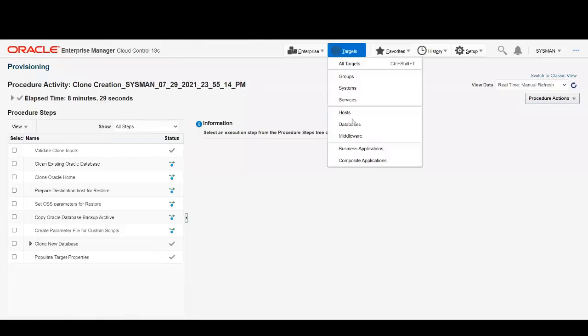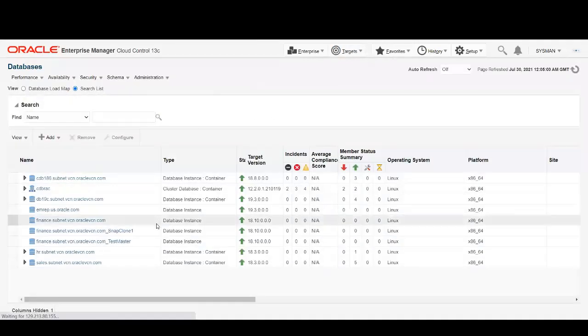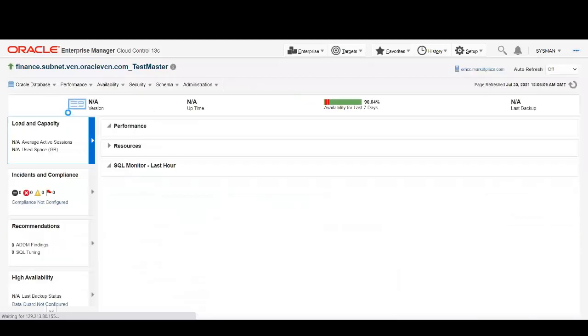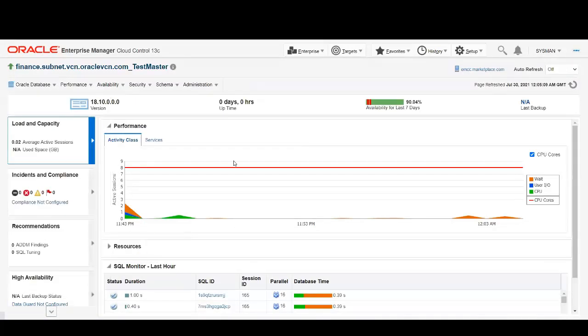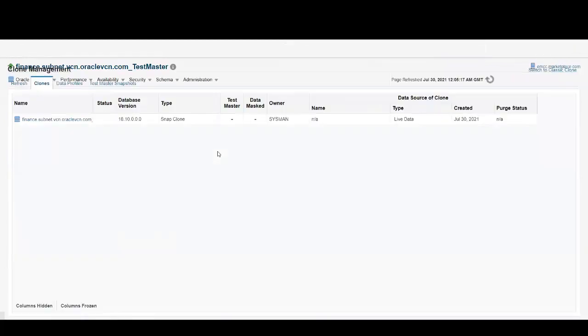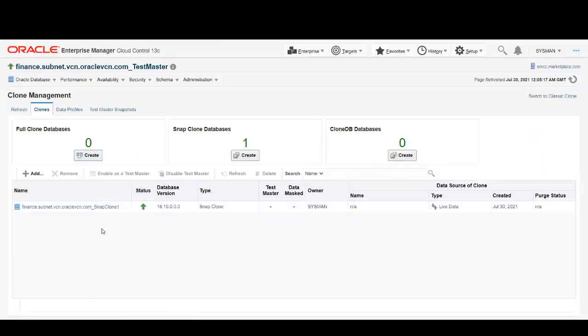Let me go back to target databases. And now we can see that we have our snap clone from our test master. If I click on our test master database and I navigate to Oracle database, cloning, clone management, under clones, I'm going to be able to see my snap clone database. It's a live data snap clone coming from our test master database. So this completes the use case for snap cloning a single instance database, creating a test master using a ZFS